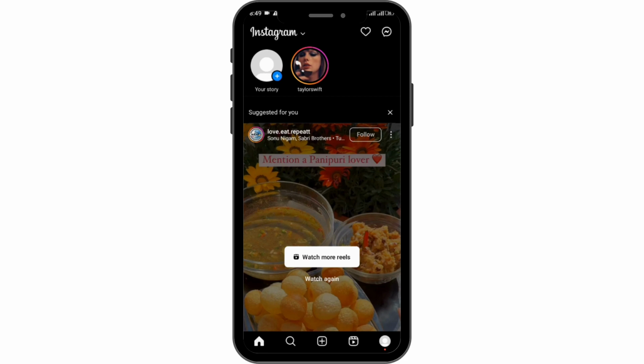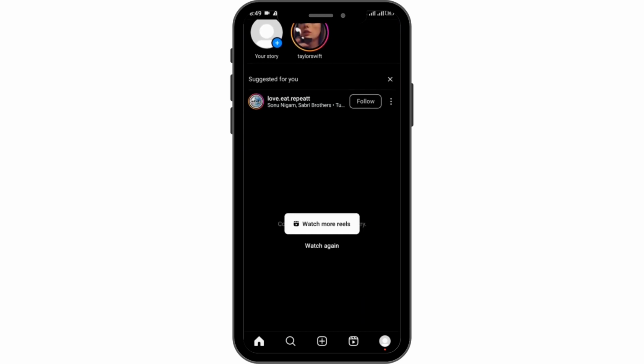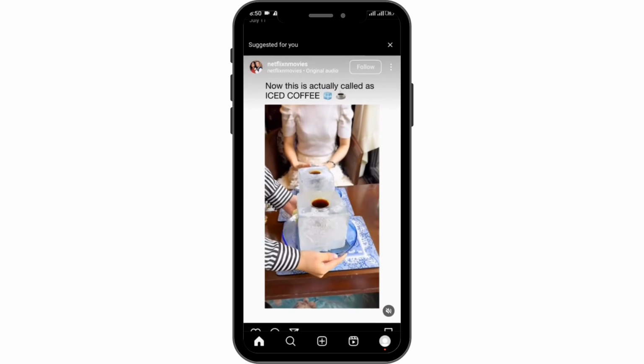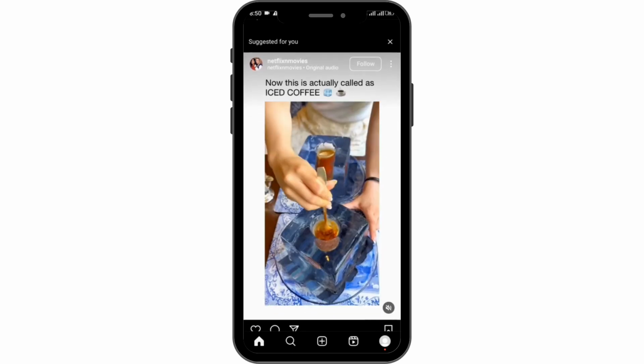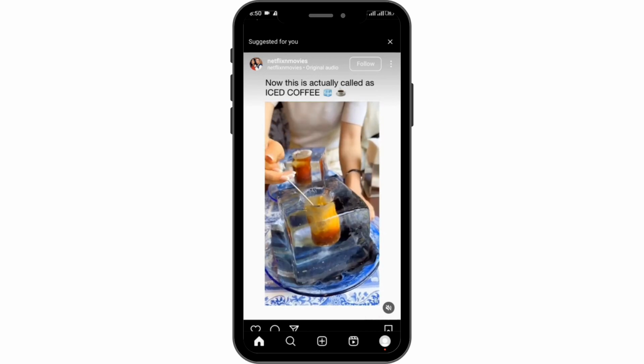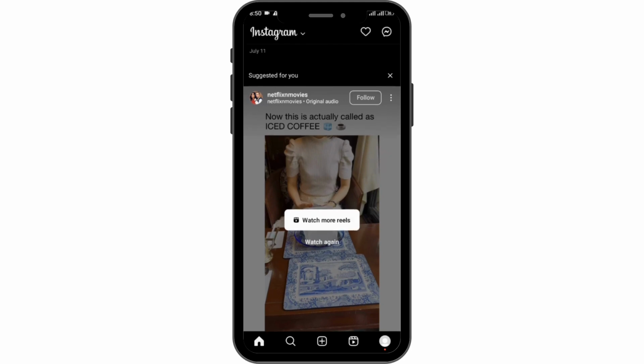So right now I'm at this section of Instagram from where you'll be able to explore various videos or reels like this. So for example, if you want to hear the sound of this video, then you can just raise the volume by pressing the volume button of your phone that can be on your left hand side. Or you can see there is a speaker right now muted option at the right bottom corner. You just can tap over there and the sound will be played and you will be able to hear that. This is the first fix,